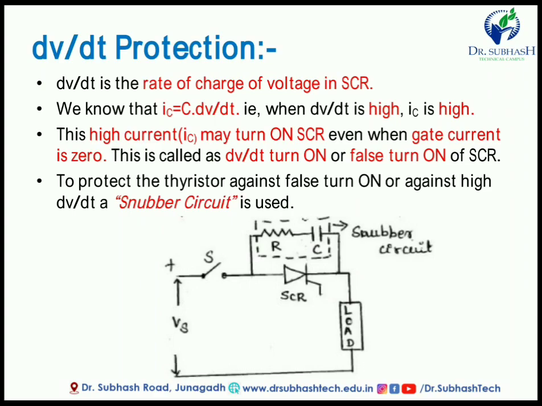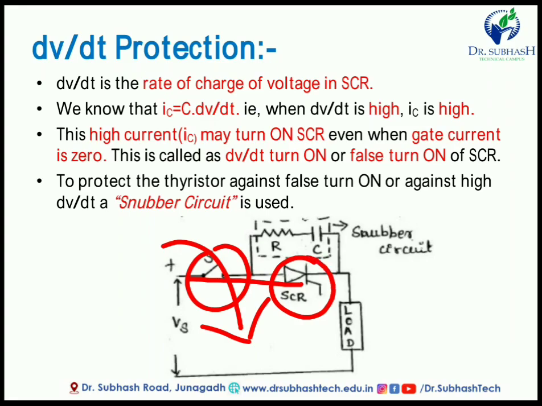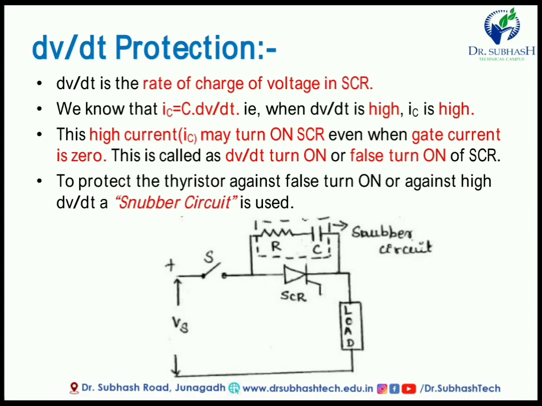When the rate of change of voltage is very high, this charge is stored in the capacitor, so the SCR is protected. So the snubber circuit is important. In short questions it is also asked what a snubber circuit is, or what the application of a snubber circuit is, so you have to remember this circuit. This is the switch. Whenever we close the switch, the voltage suddenly increases, and the rate of change of voltage is very high. To protect against this high voltage, we require this RC circuit in parallel with the SCR, and it is known as a snubber circuit. So this one is about the dv by dt protection.